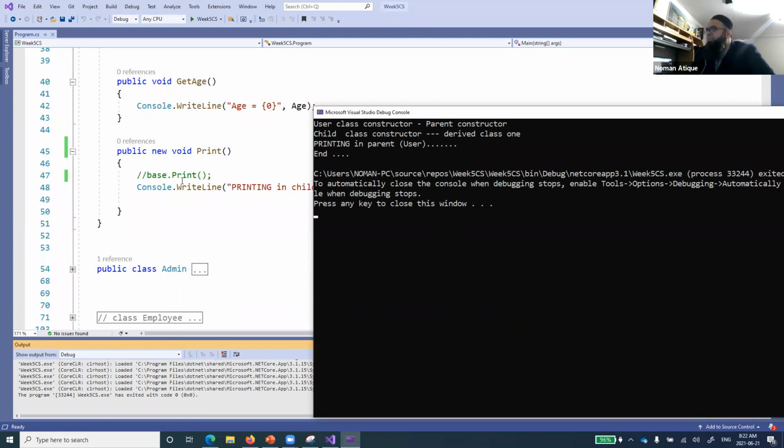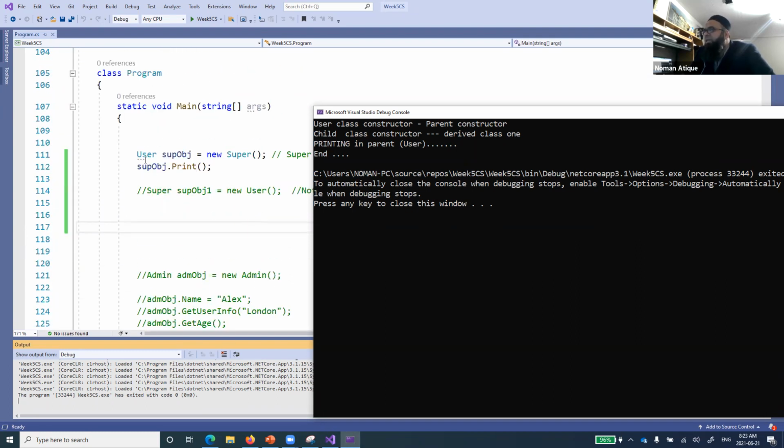If you use base.print, it will access the base method, and of course, because this print method is called, it will access all those things as well. But the other method is that you create the reference variable of parent and assign an object of child. When you run that, you will always get the parent method, not the child method.